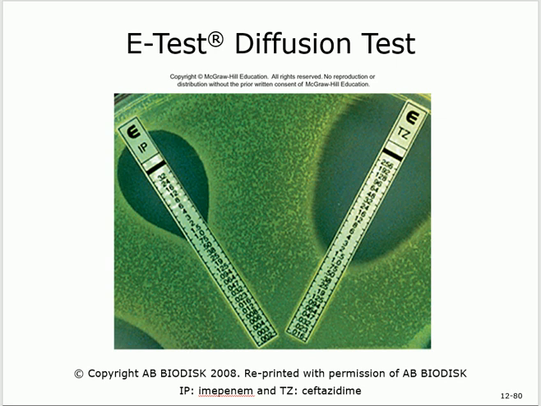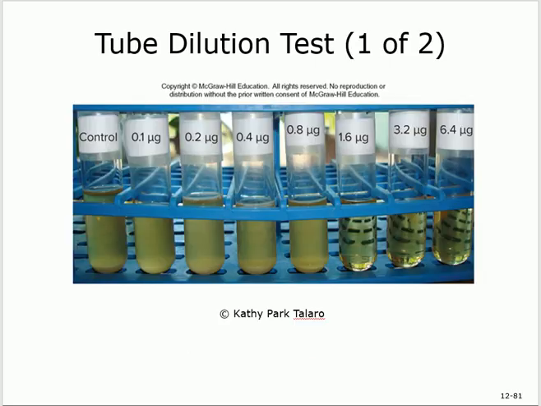Is that clear? That's it. E-test is more of a diffusion test. It's very close to the same thing. You're using different types of antibiotics like imipenem and ceftazidime. Ceftazidime is one of the cephalosporins. Irrespective, this is not the issue. The issue is how much diffusion are you going to do? Okay, you're diffusing more, it means it's less effective.